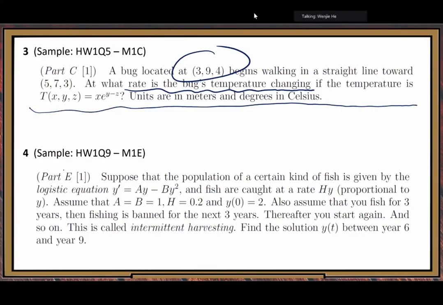This question, I modify the condition slightly. Two ODEs, right? Two ODEs in two different periods: the fishing period and the no-fishing period. Two different ODEs you need to solve. Then there is